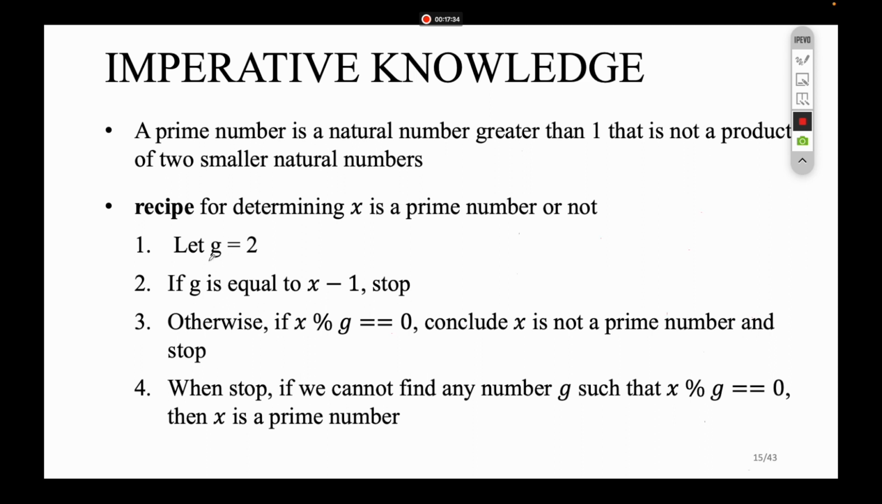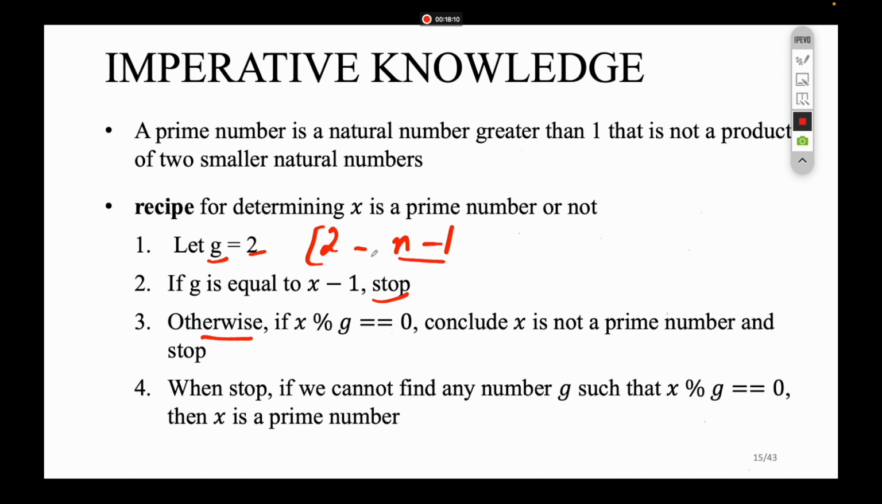At the first step, we start with number 2, so g equals 2. We scan all the numbers in the interval from 2 to 9 minus 1. When we reach n minus 1, we stop. If we are still in this interval, it means we haven't reached that number yet. So we're going to check